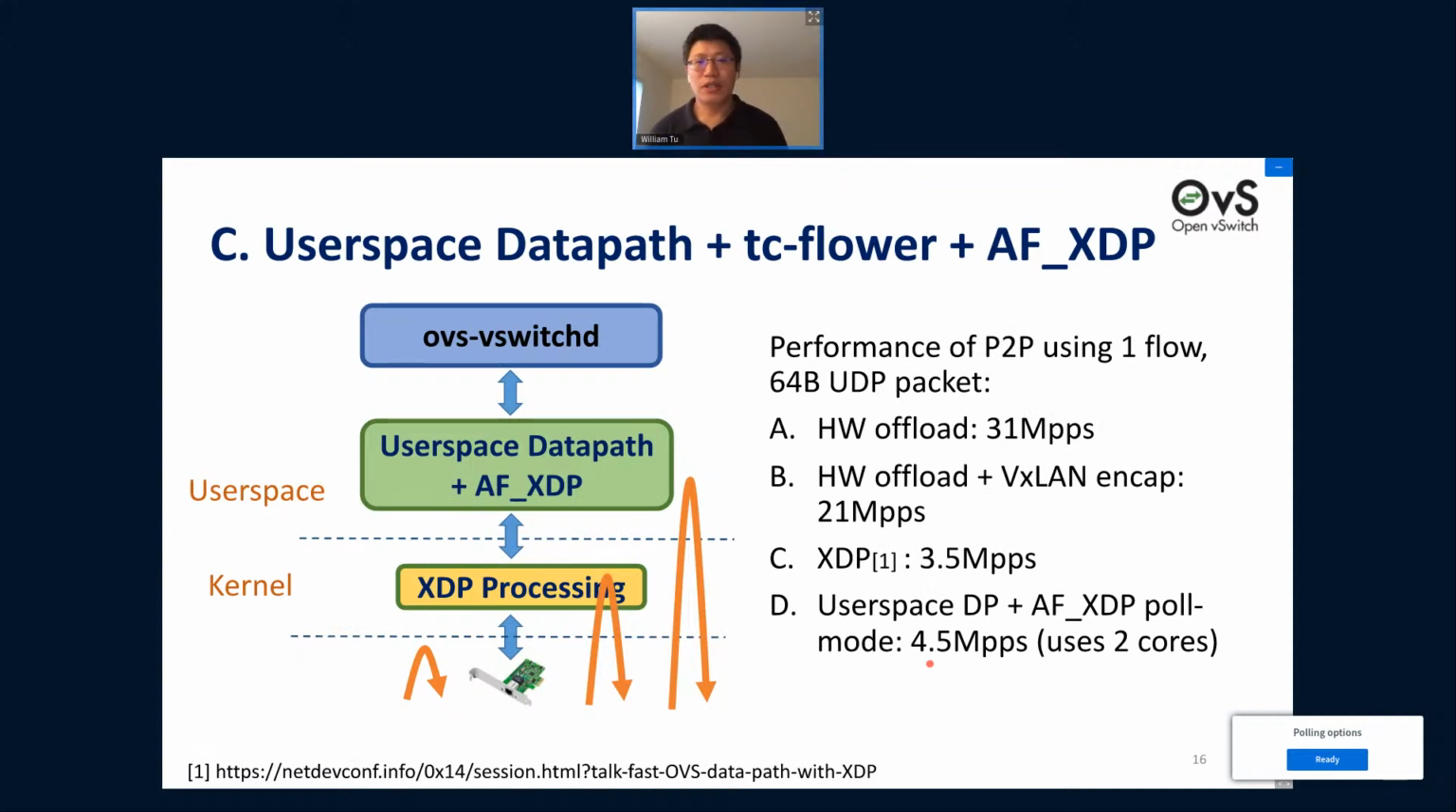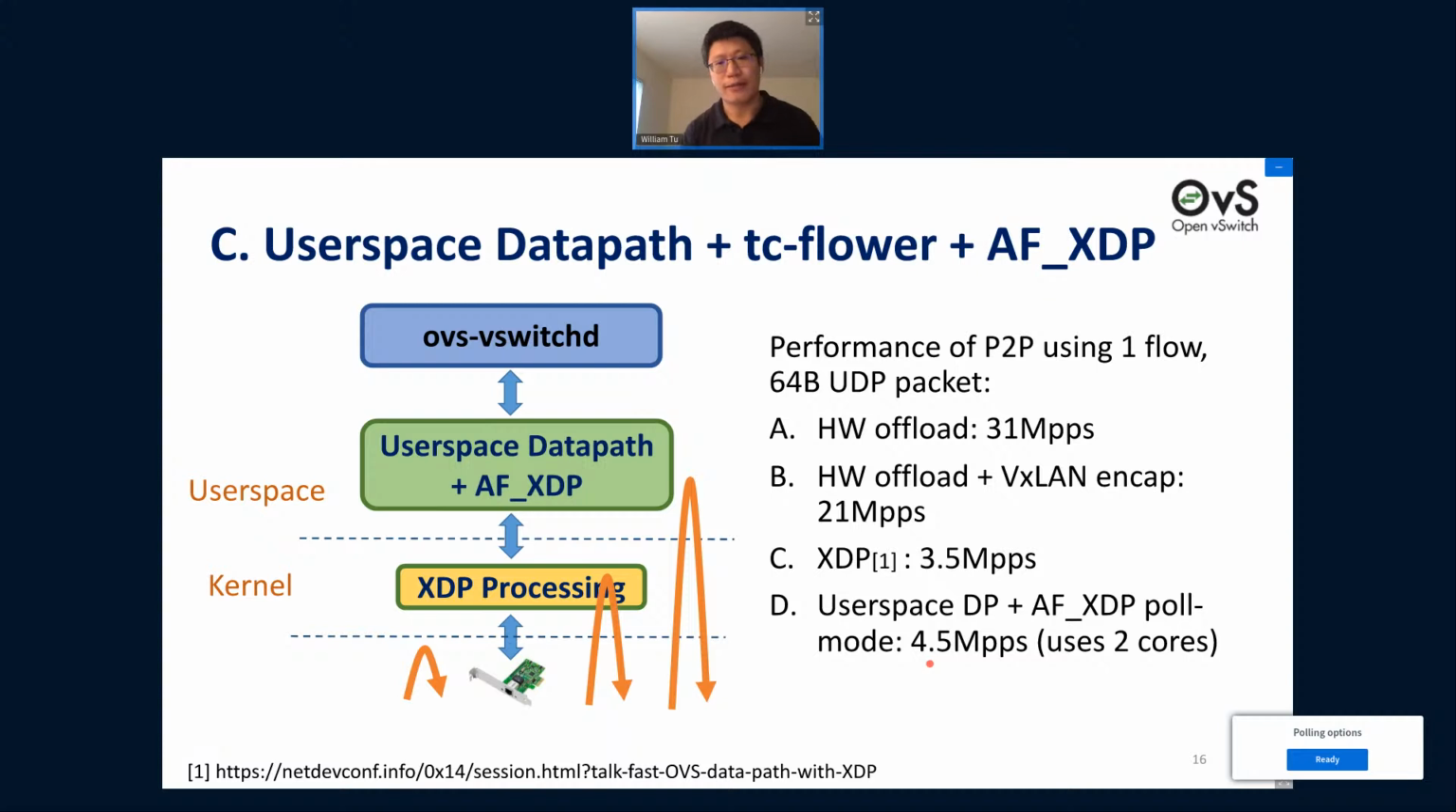So we did a pretty early stage of preliminary performance measurement of this design. The first one is using 2 machines and sending one flow of 64-byte UDP packets. With the hardware offload, port forwarding between 2 ports, we can get about 31 million packets per second. So this is